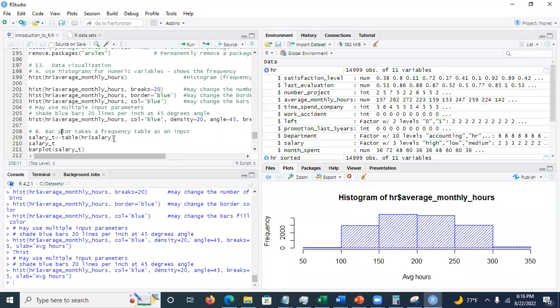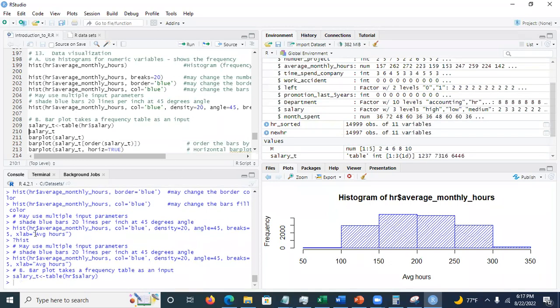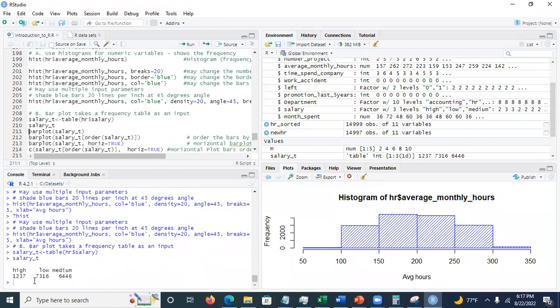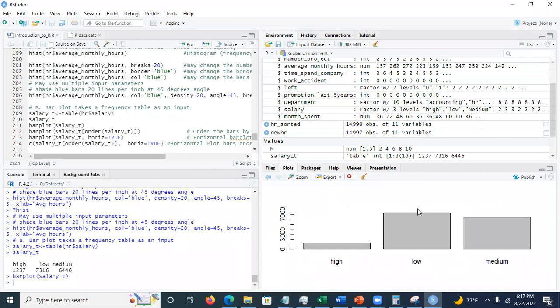This bar plot is also going to build the frequency. This will actually build the frequency table for the specified input, right? So what I'm doing right now, I'm just storing it. I'm creating the frequencies for the salary, right? And then in here, I just want to see, so this is a frequency, right? For the salary. Bar plot takes the frequency table as an input, okay? So I store this table into this variable, and now I'm going to use that, right? So this is a bar plot,